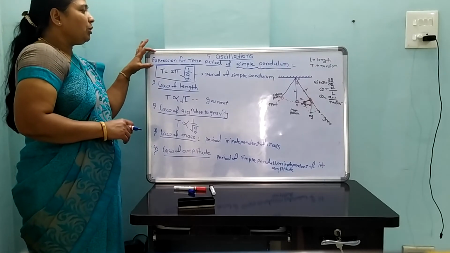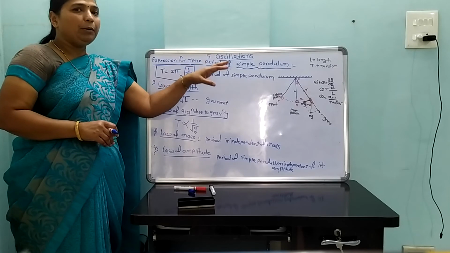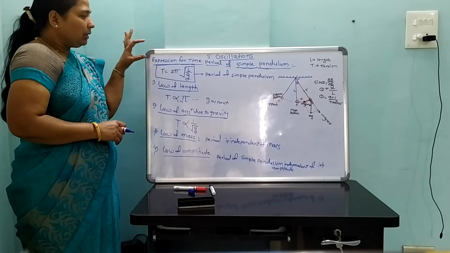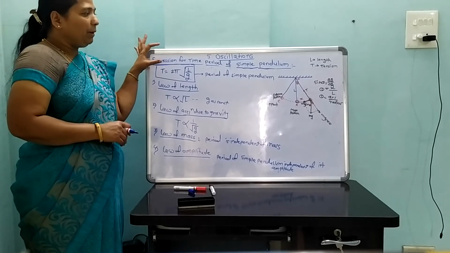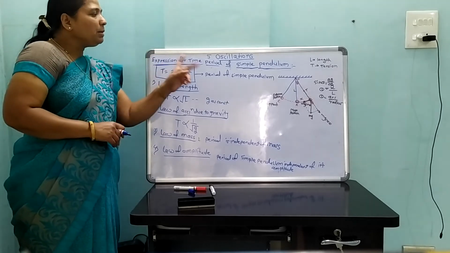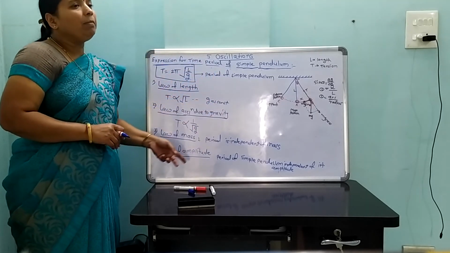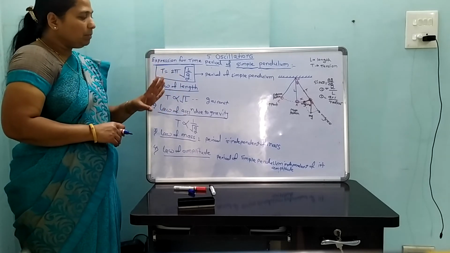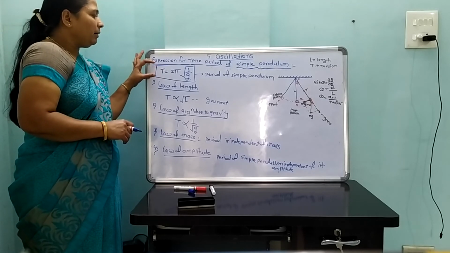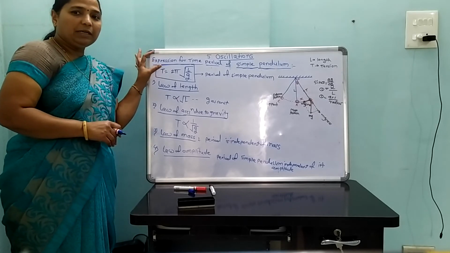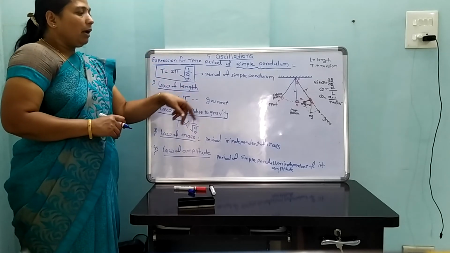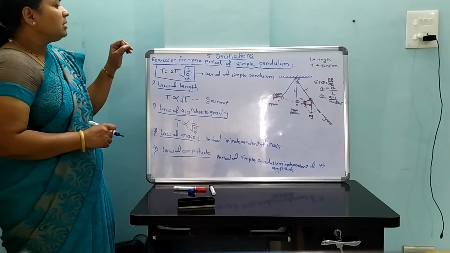Write down the expression for the time period of a simple pendulum. Or the question: show that the motion of a simple pendulum is SHM. Third question: show that the period of a simple pendulum is independent of the mass of the bob or sphere. And on which factors does the period of a simple pendulum depend? Therefore, that topic will be covered, and the small topic, seconds pendulum.